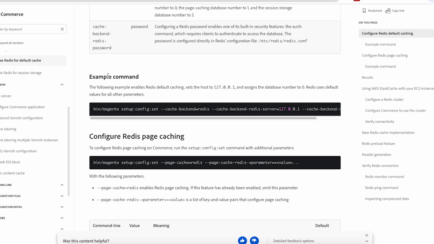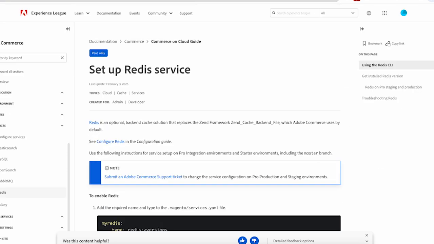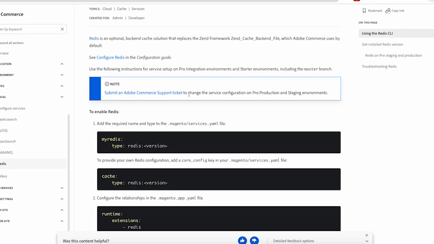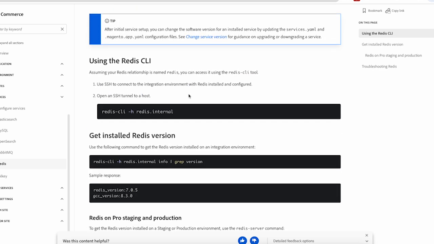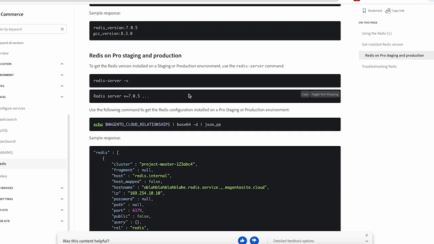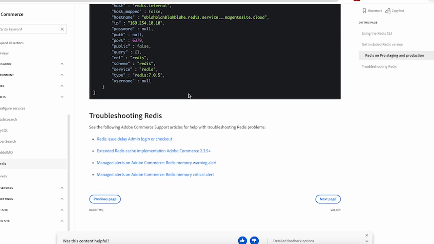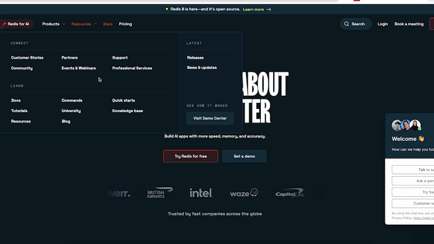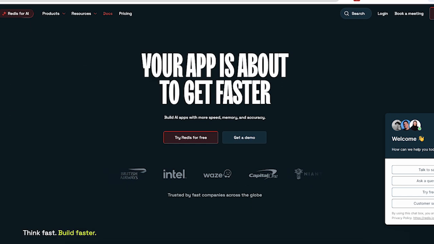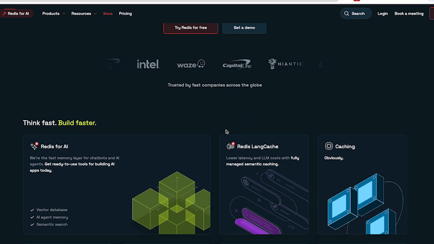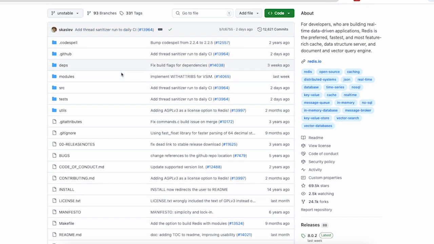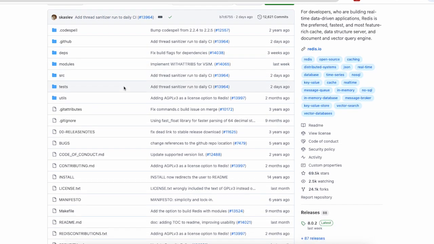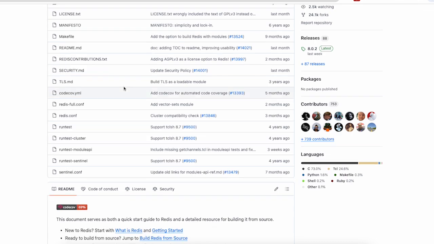Adobe Commerce Cloud comes with a standard configuration for Redis, but with the extended configuration, you can improve the performance of Redis and also the performance of the application. If you have a large number of customers, a large number of orders, and a large number of visits to the website, you sometimes need to improve the performance of the website, and at that time Redis customization or Redis configuration tuning is an important aspect. So in this video, we are going to see different ways to optimize the session and the configuration